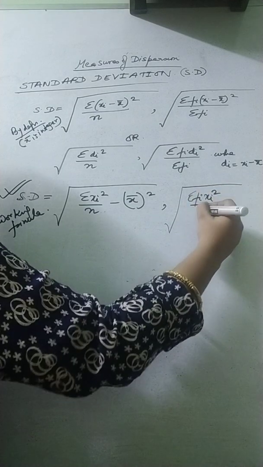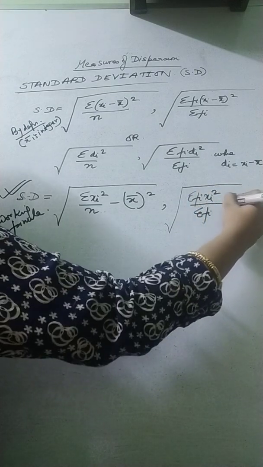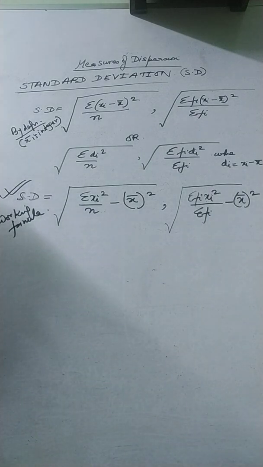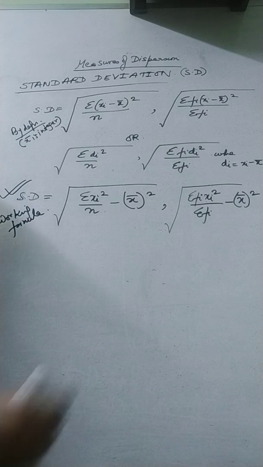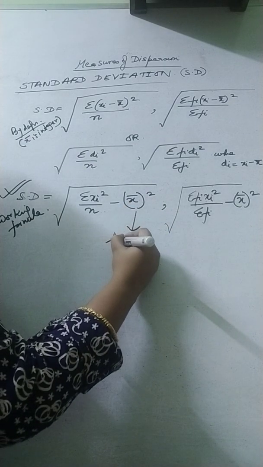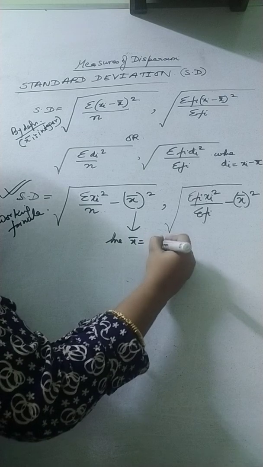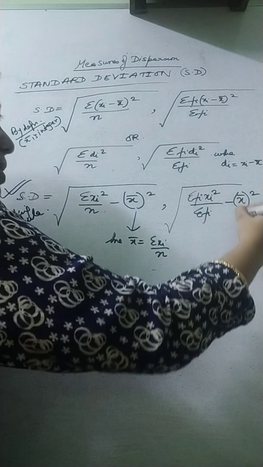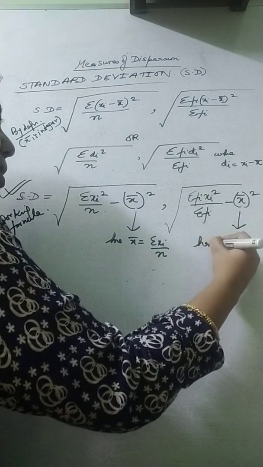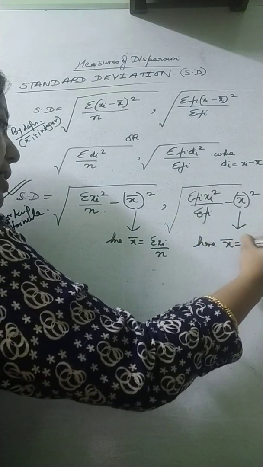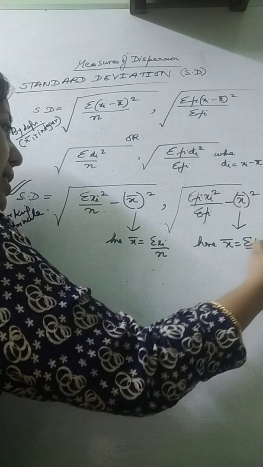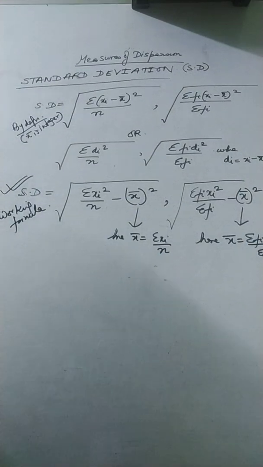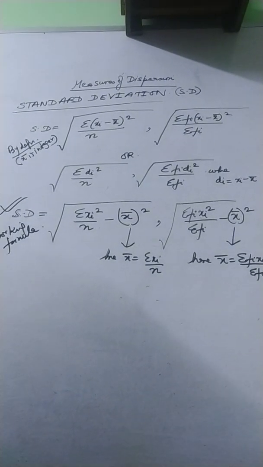How we are getting this, I'll come to that, by summation fi minus x bar whole square. What is the difference between the two x bars over here? Here, x bar is simply sum of the values by total number of values. But here, since frequencies are associated, it's summation fi xi by summation fi. That's the only difference. So this is what we have